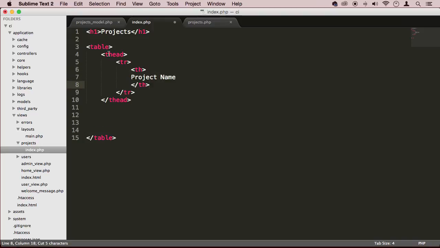So hopefully you see what I'm doing. I got a t head here, a tr, and then some th. These are HTML, of course. Project name, and then the project body. And then here I will have something called a t